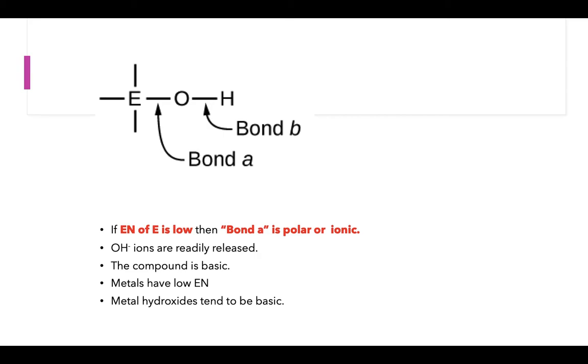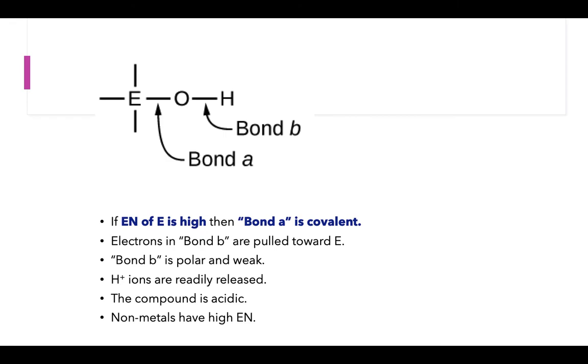And that means that we can remove OHs from those compounds. Since we can remove OHs, which is one of our Arrhenius base definitions, this compound would be basic. So if E is a metal, then it is going to be a metal hydroxide, which will be basic. If E is high in electronegativity, which means it is a nonmetal, something like sulfur or phosphorus,